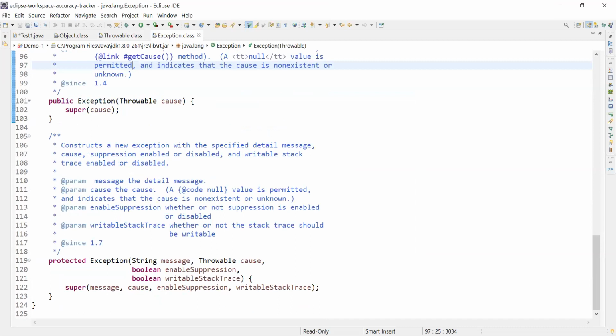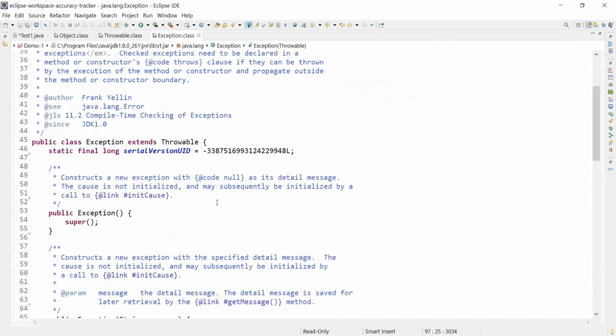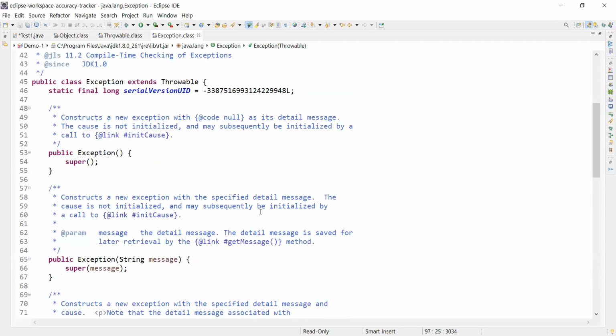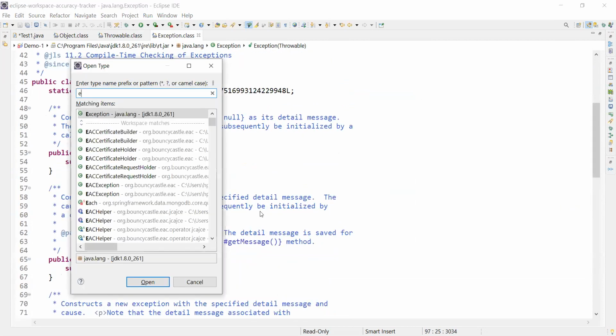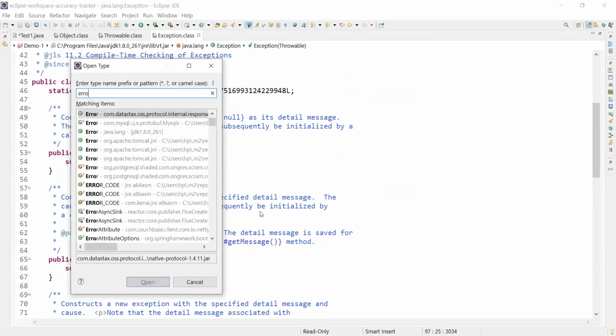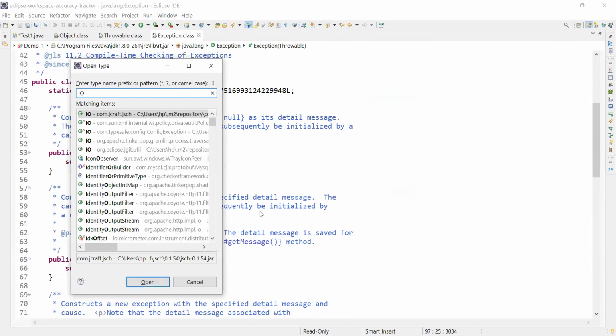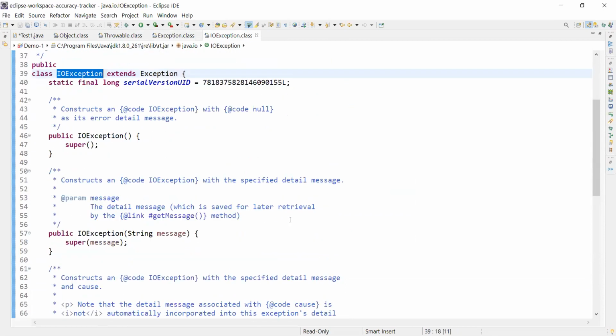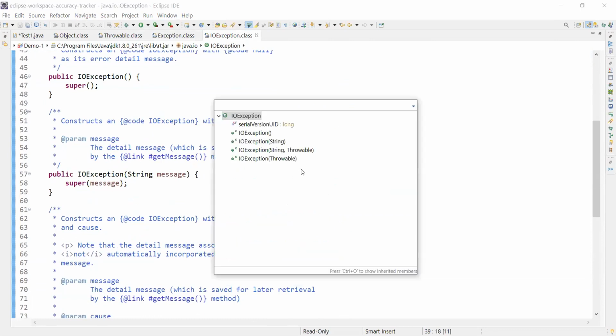Yeah, so there is no method in this class. All the methods are basically coming from its parent. Let me just open the Error class, for example, or the IOException class. Here it is the same thing, all the methods are coming from its parent class.